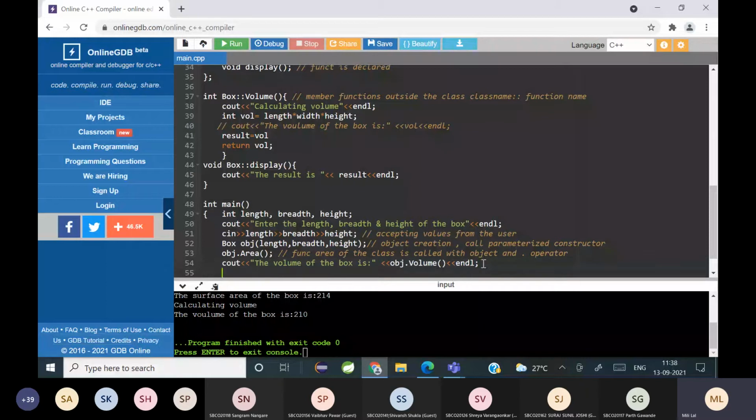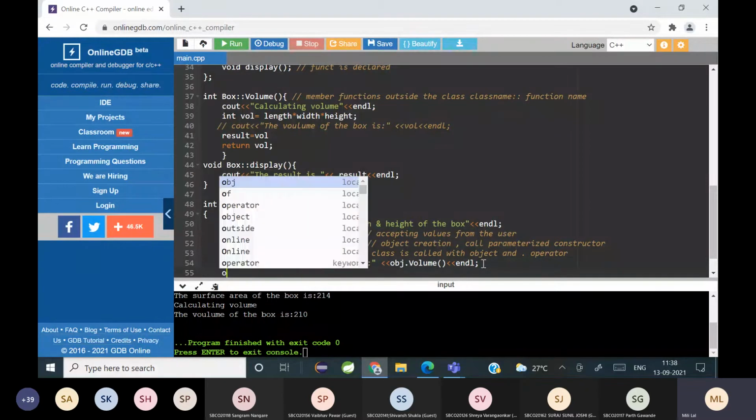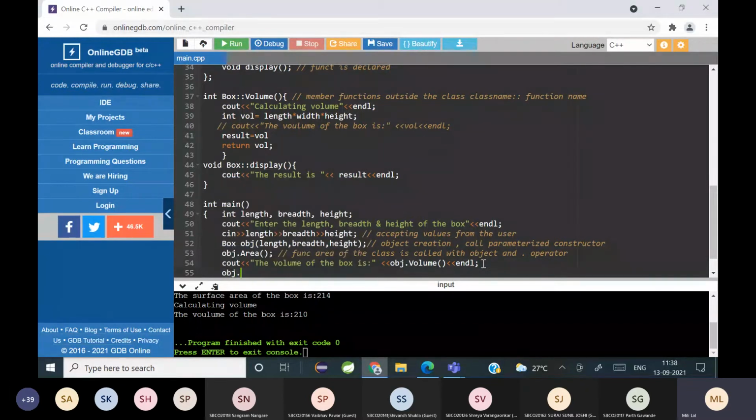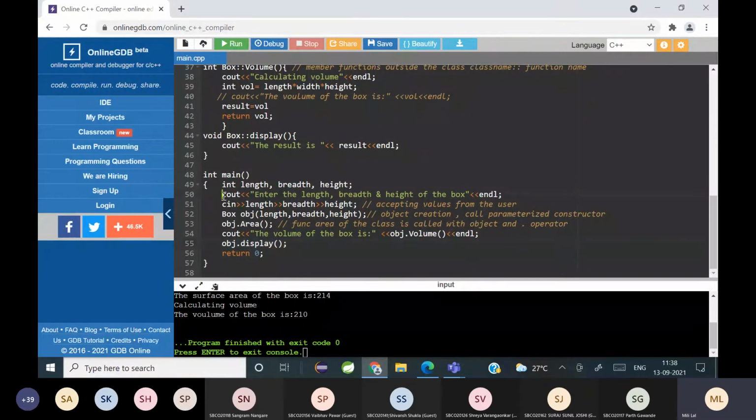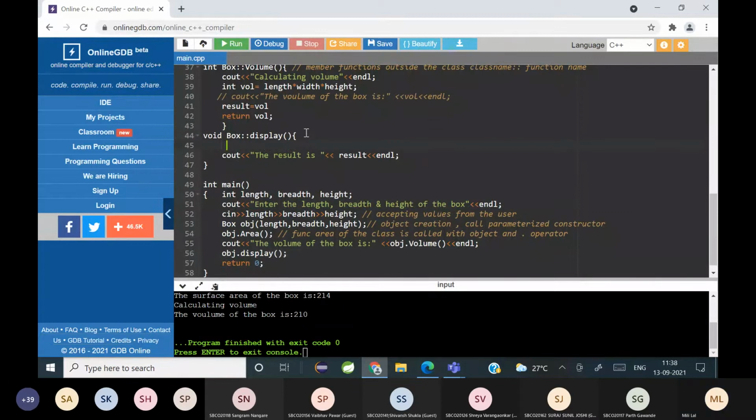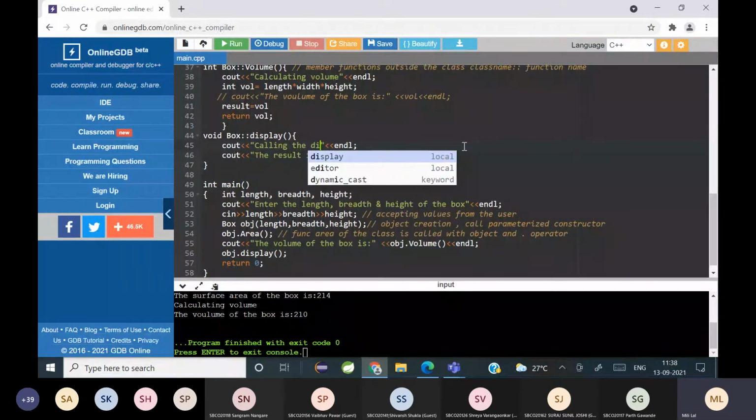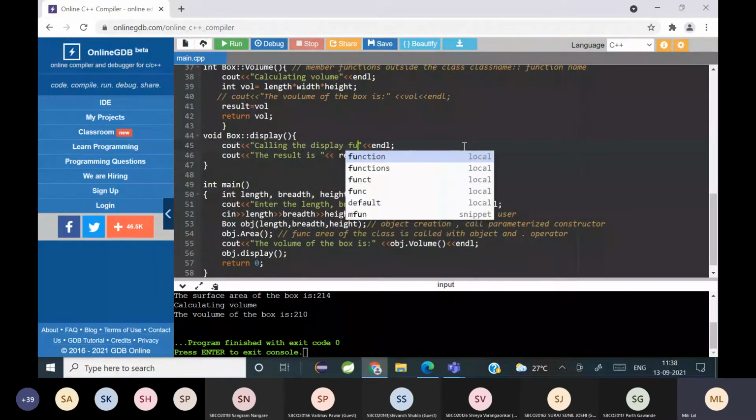And here in the main function, I'm calling it using an object dot display. So for understanding the logging, I'll just write it here: calling the display.